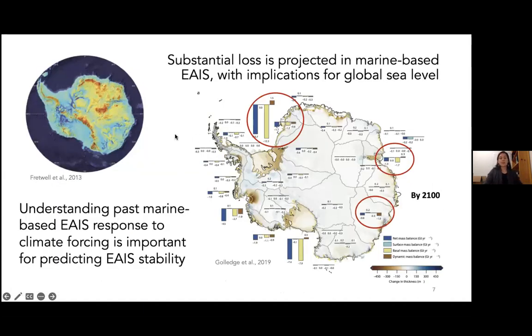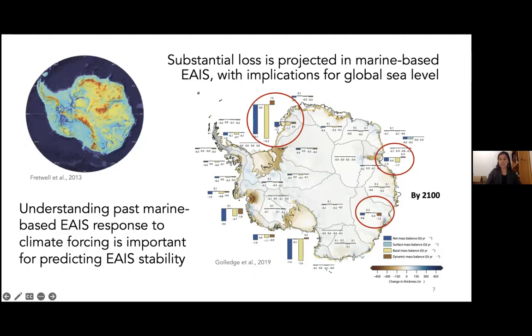Now, this substantial loss is projected in marine-based East Antarctic ice sheet catchments, and of course, this has implications for global sea level. This is a paper by Nick Golledge and colleagues, which came out in 2019. You can see by the year 2100, there is a substantial decrease in the net mass balance, as well as potential for basal melting, as well as just dynamic mass balance,